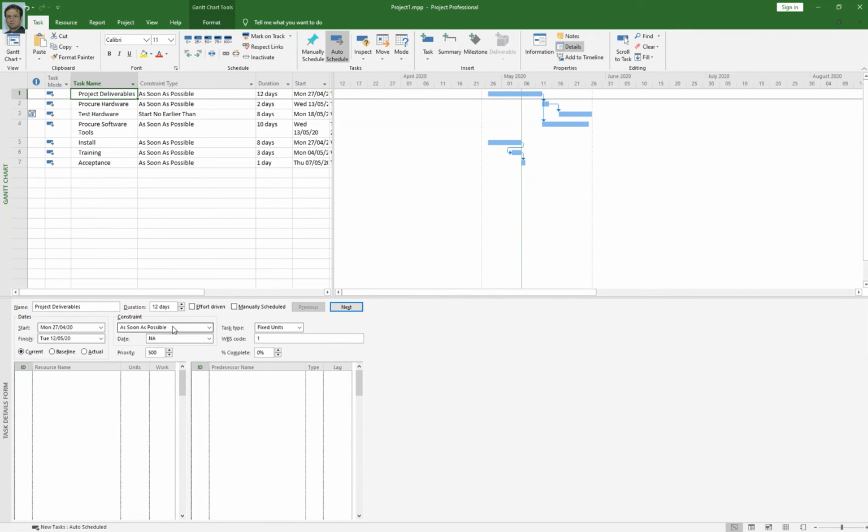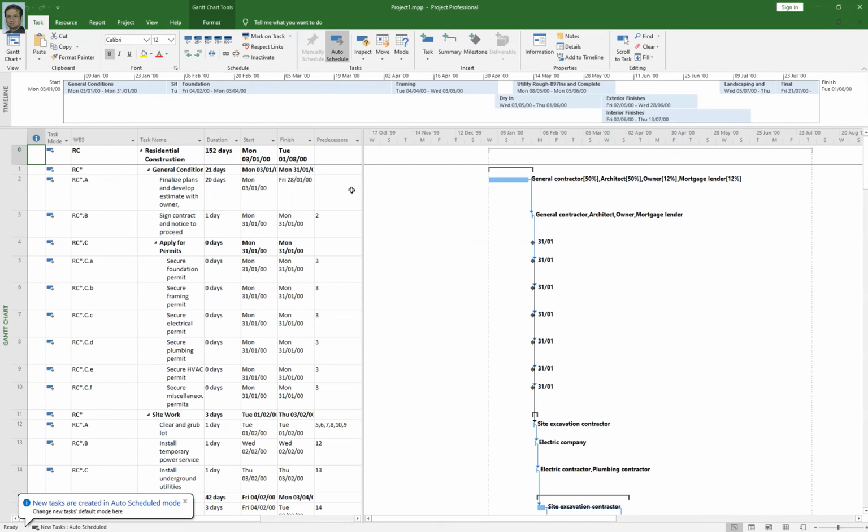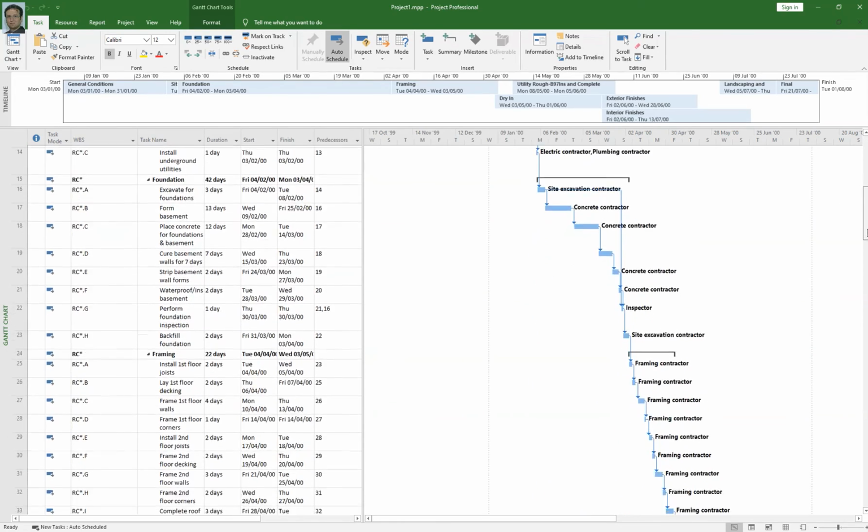Now let's talk about how to view tasks and task links. After you link tasks, the time scale can get so cluttered that it's hard to see which tasks are linked. Like in this example, you can see I have hundreds of activities to be performed in this project.